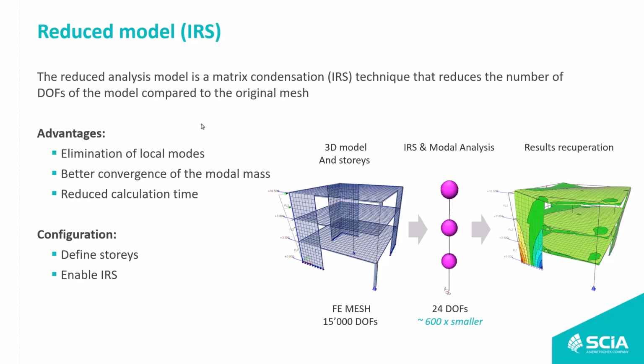The example in the picture is really clear. You see at the beginning I had a mesh with 15,000 degrees of freedom. At the end, for the same model, I have just 24 degrees of freedom, 600 times smaller. And the results that I can obtain are fully comparable to the ones I can obtain computing on the initial full model. But let's go back to the software in order to set up the IRS on the